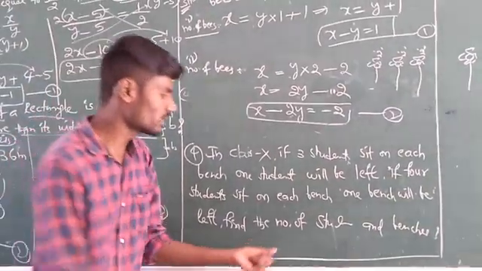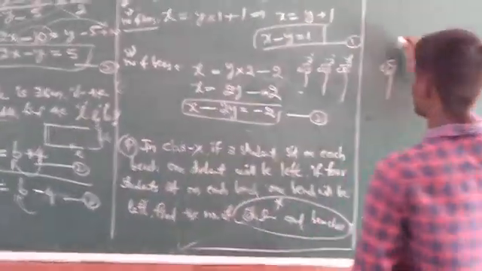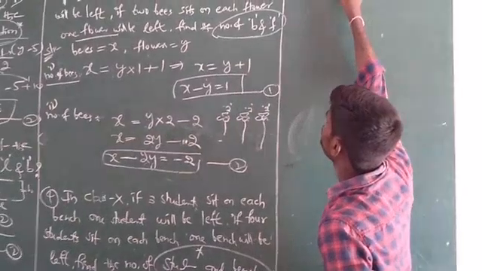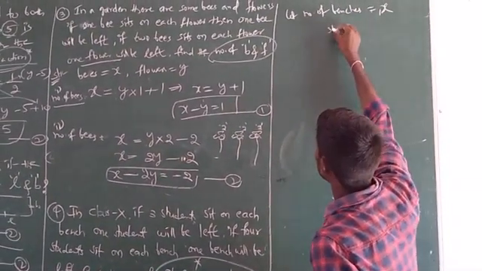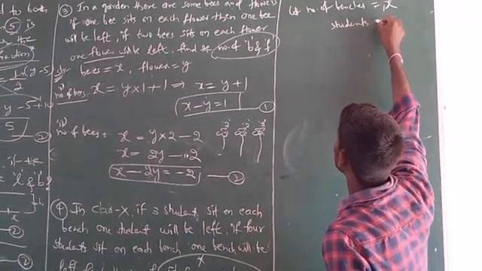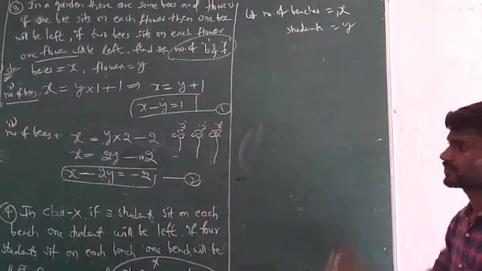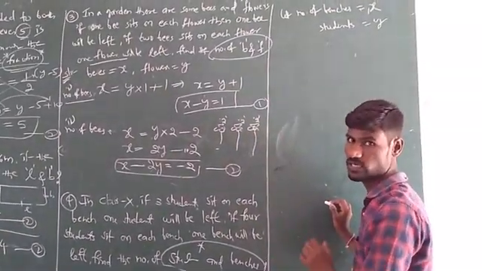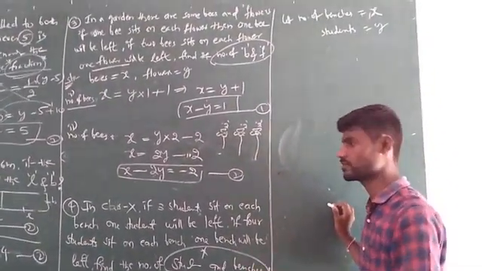So here what they are asking, let us imagine them with variables. That's what I am assuming here. Let the number of benches equal x, and the number of students equal y. First we introduce the variables in the column. Now go to the condition, similar to the previous column, but concentrate. If you understood these two clearly, then you can solve any of the problems.